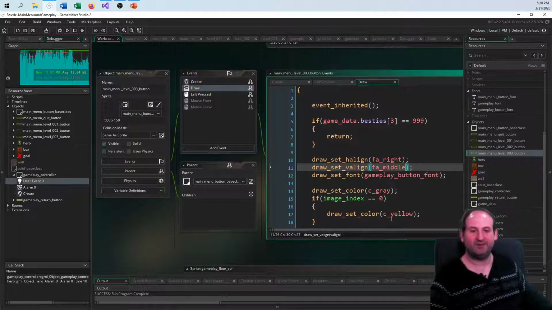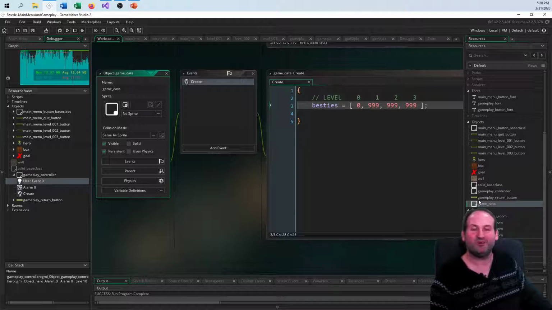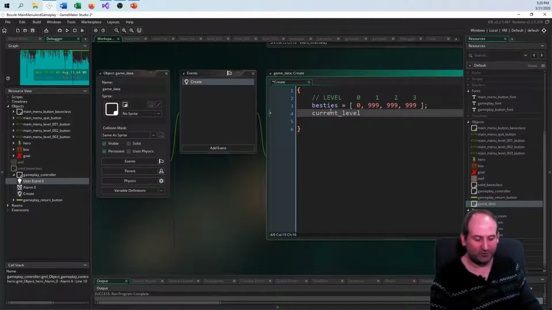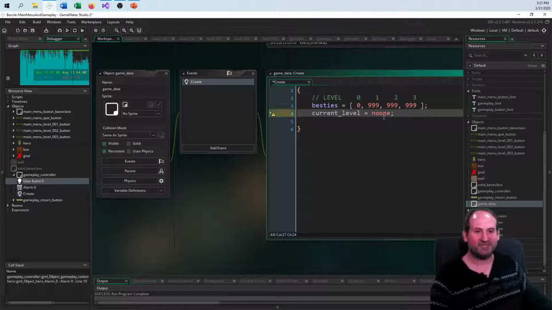So now what we can do is go into, or a lot of little things, right? Go into this and go, well, if I go into a room, this game data object is amazing because it will store anything I want it to, and it'll update and keep it throughout the whole game. And I go, well, what current level am I in? Because this thing's following me around, and I can say no one. That's a keyword GameMaker uses, and I believe it's like a -3 or something. It's hard coded in there. And so I can say my current level is no one, but if I click on the button,